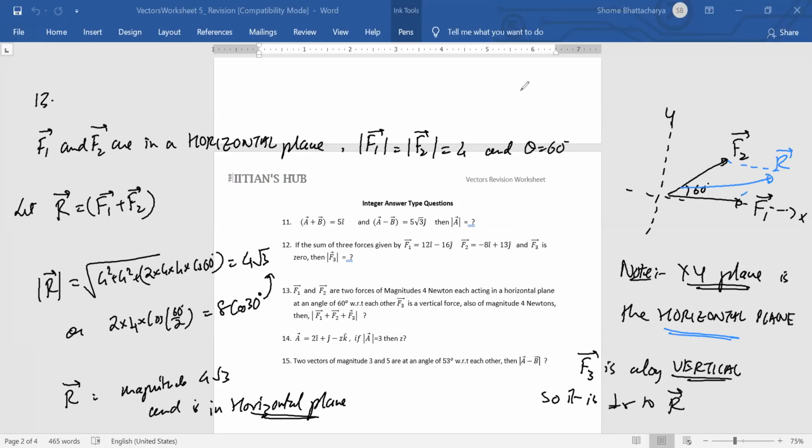So make sure this statement is correct and you've understood this. This is very critical. Why should F3 be perpendicular to R? Because where is R lying? The vector R is in the horizontal plane. And where is the vector F3? It is along the vertical. Understanding? So what is the relationship between F3 and R? They are perpendicular to each other. You understood this point? So the angle between R and F3 is how much? It's 90 degrees. So that is what we'll use to finally find the resultant.